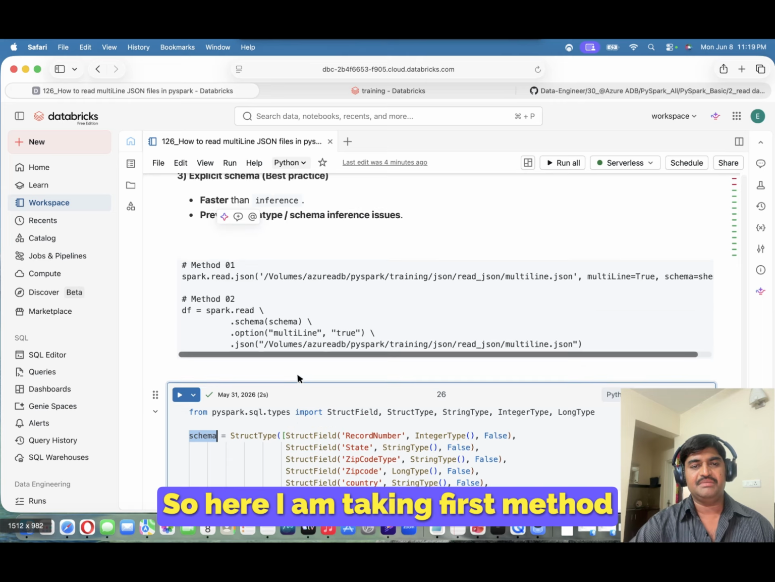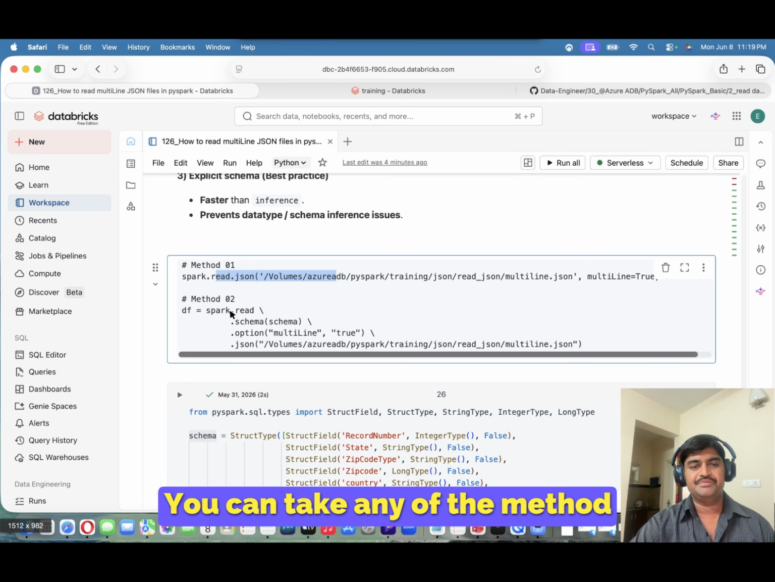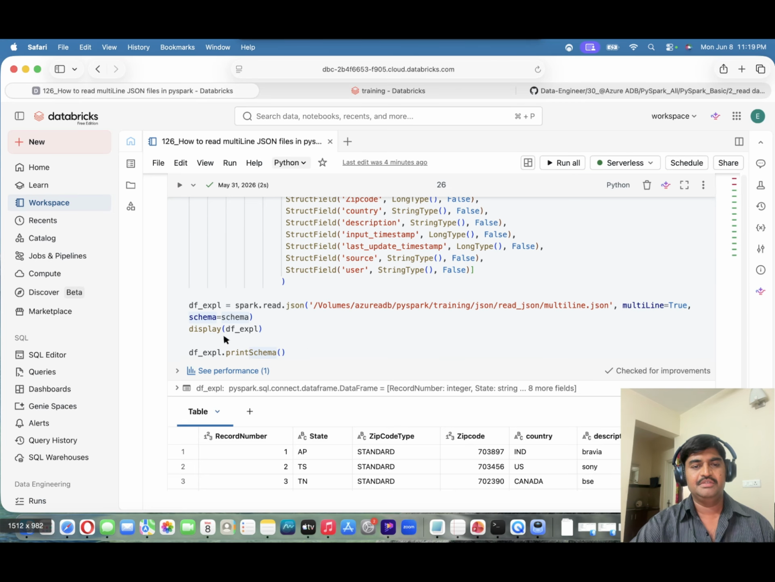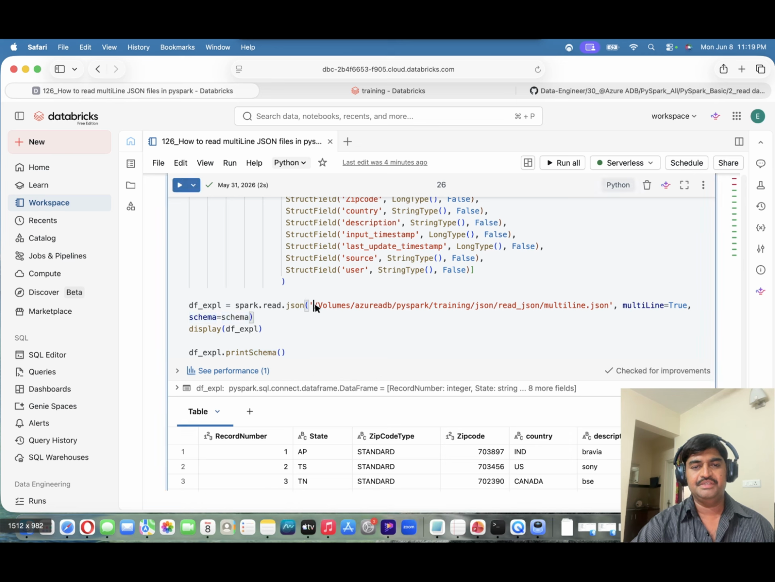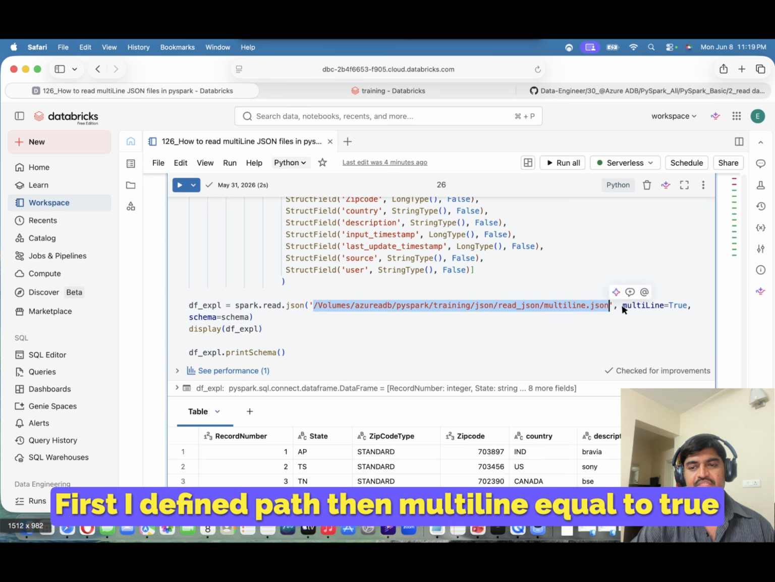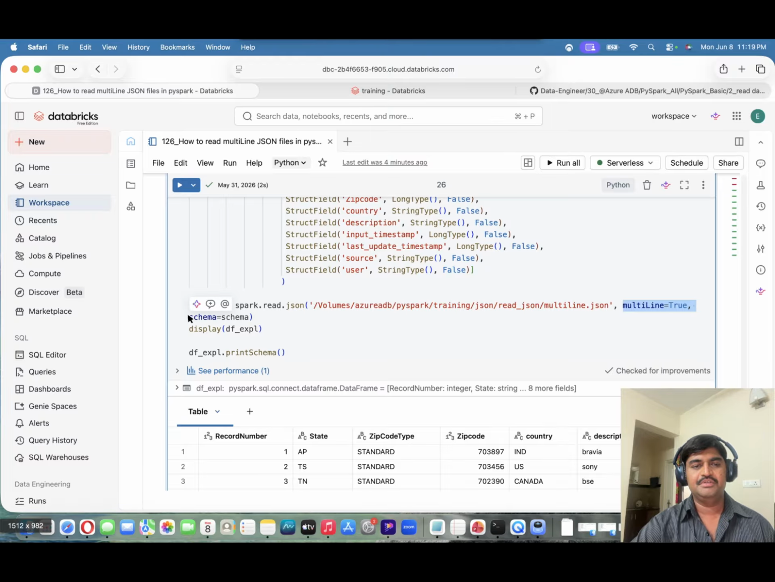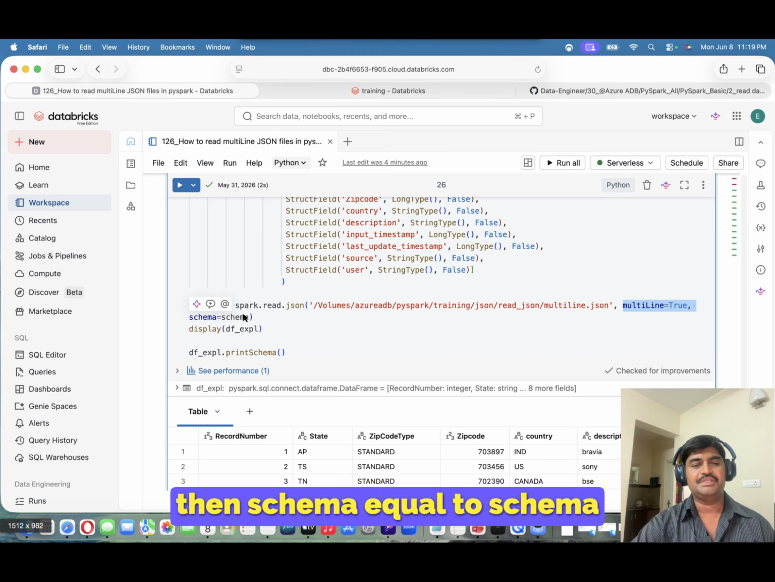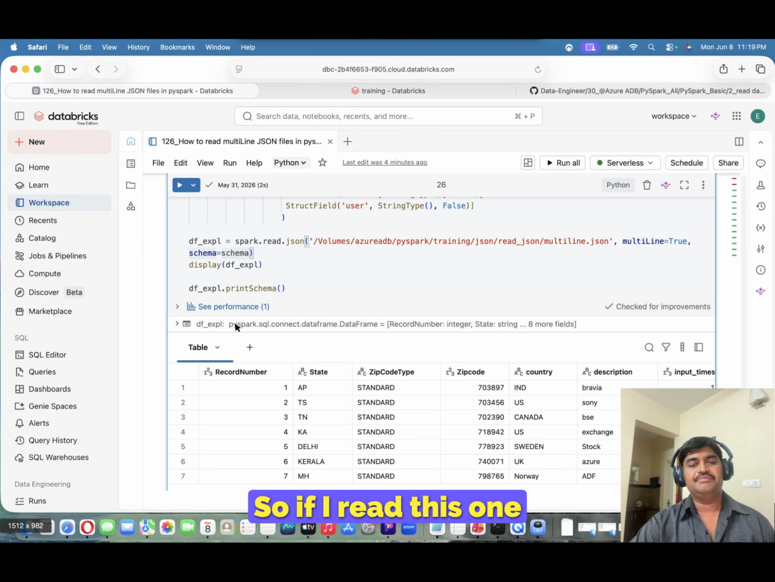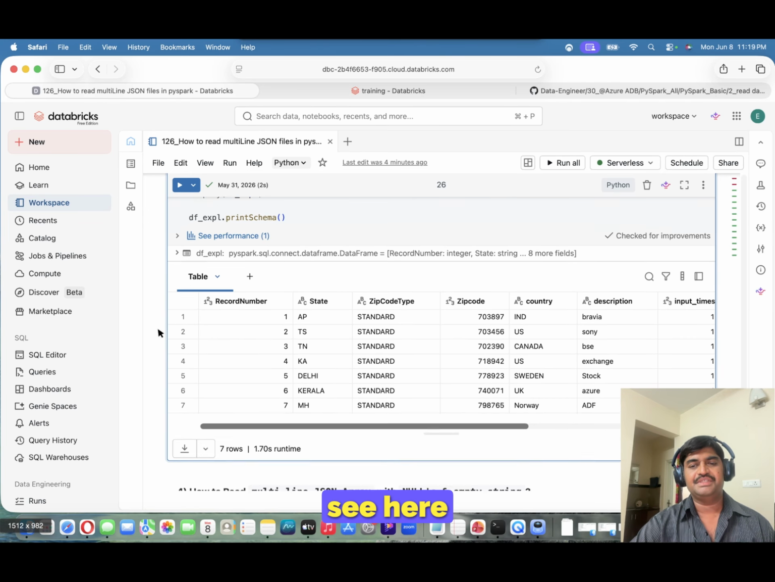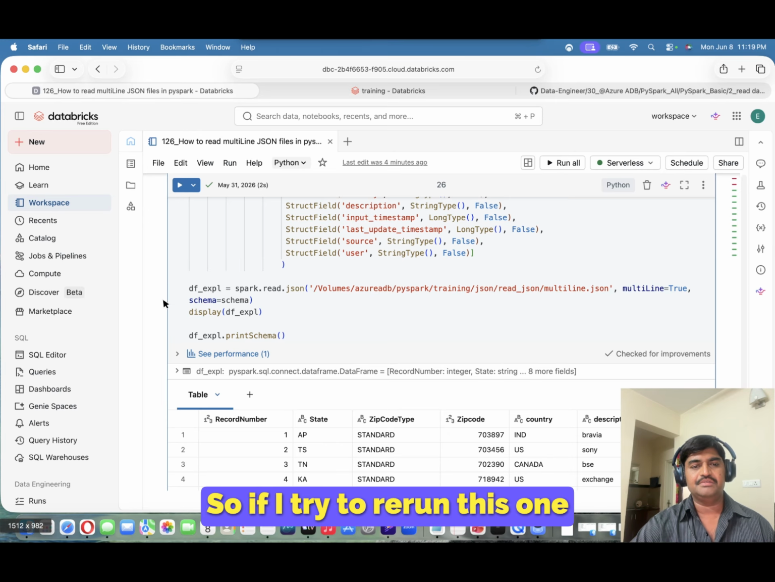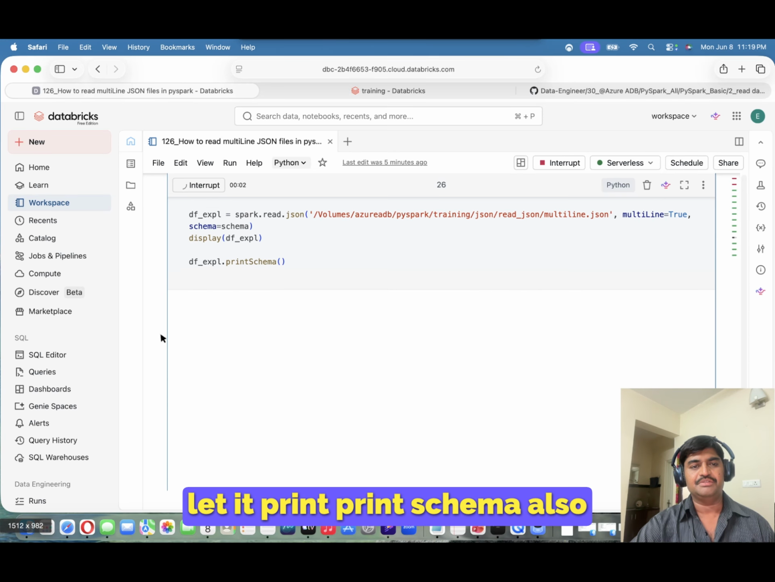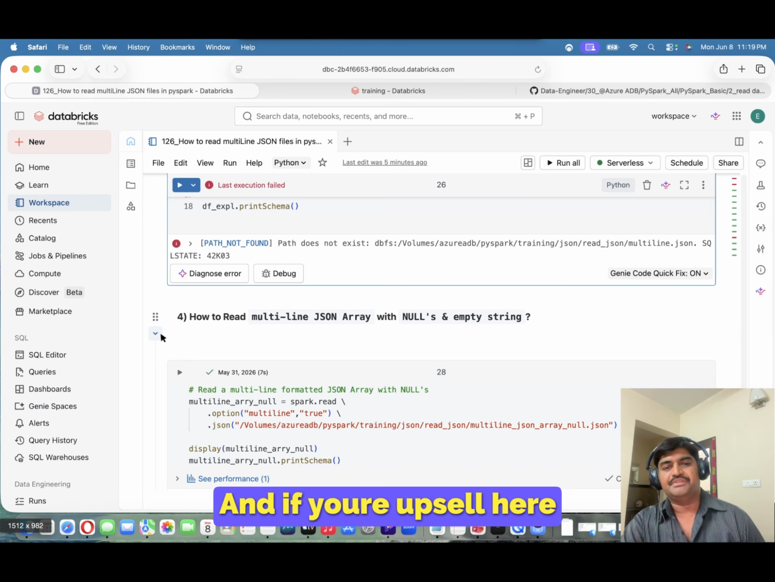So here I am taking the first method. You can take any of the methods. Here I took the first method, spark.read.json. First I defined the path, then multiline equal to true, then schema equal to schema. So if I read this one, see here, it is printing the data. If I try to rerun this one, let it print the schema also. And if you observe here,